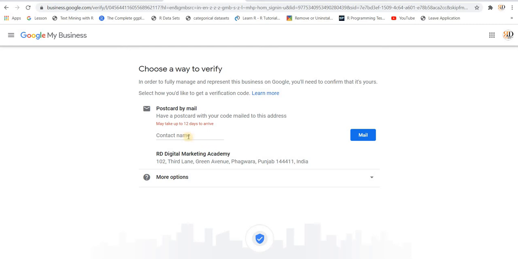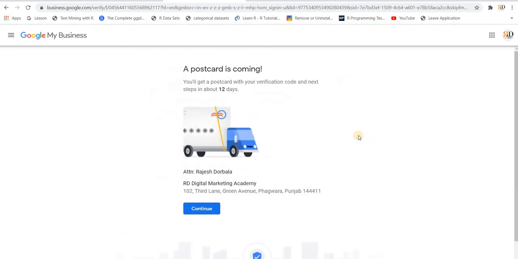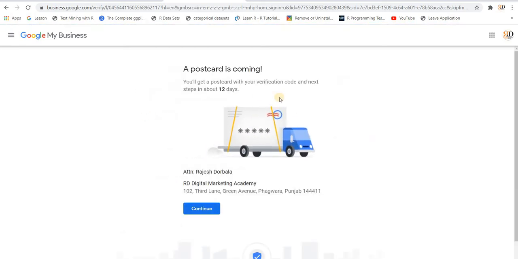So I'm giving a name, Rajesh Dorbala, and setting up this mail. Now the postcard is coming and you will get the postcard verification code and next steps in about 12 days. Now I can continue.